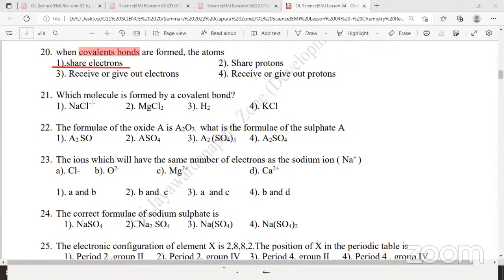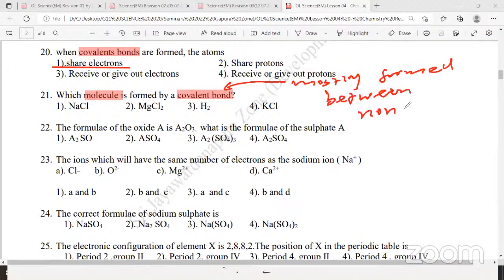Question number 21, which molecule is formed by covalent bond? Remember, this is how you can easily remember. Most of the covalent bonds are mostly formed between nonmetals. Not always, mostly formed, write it, put an arrow towards covalent bond. Mostly formed between nonmetals. You can see here NaCl,